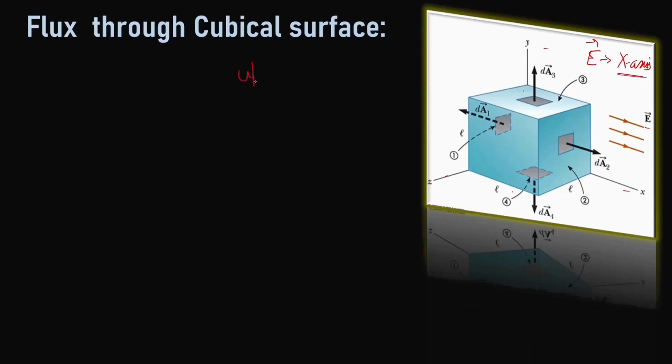So first we will look at the upper face and the down face. For the upper face, its area vector will be pointing along the positive y-axis. You have to keep in mind the direction of the area. For the downward face, that is A4, dA4 is represented, and it will be pointing along the negative y-axis. So the upper face is positive, the downward face is negative y-axis, and the direction of the electric field is fixed, that is along